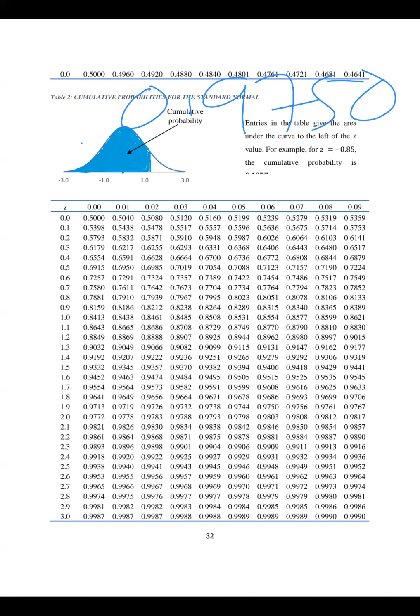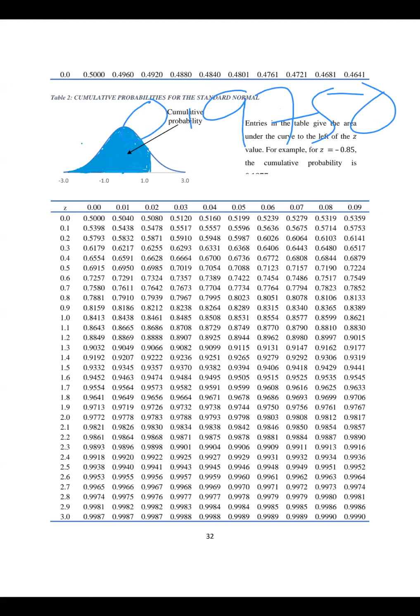So when you look at the table here, what you will observe is that when you follow this line, our area is here, right? Our area is marked here. So when you move to the left, you will find that it is in the line where the z value is 1.9. Then when you move upward, okay, let me write using a red so that you're able to see. This is basically 1.9. When you move upward, you find that it corresponds to the 2 decimal places that are 0.06. You add all these, you get